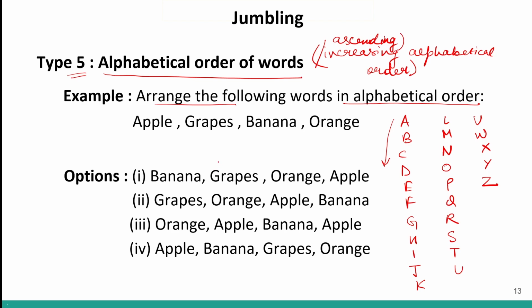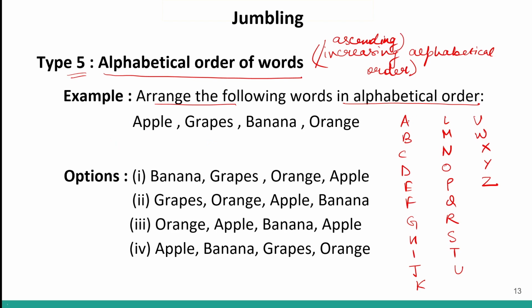Correct? Until and unless it is specified in the question that you have to use reverse alphabetical order, we do not change the order. We always assume it is ascending order. Now, over here we are given 4 words: apple, grapes, banana and orange. And we have to arrange them in alphabetical order. So we know that apple